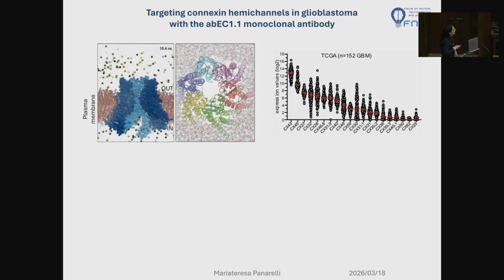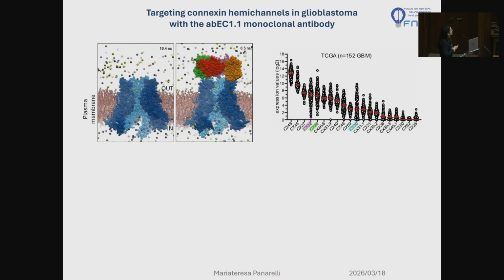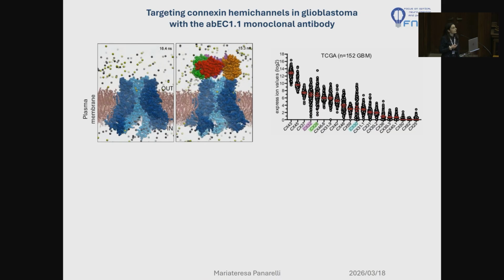In fact, here I can show the expression level of different connexin isoforms in glioblastoma tumor biopsies. In particular, I want to highlight the expression of connexin 26, 30, and 32, since they are the target of the monoclonal antibody ABEC 1.1, which was developed by my group. And as you can see from the molecular dynamics simulation, it targets an extracellular epitope of connexins with a 2-to-1